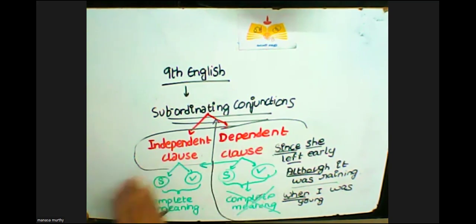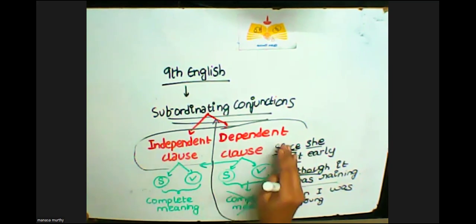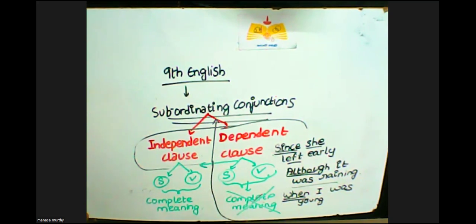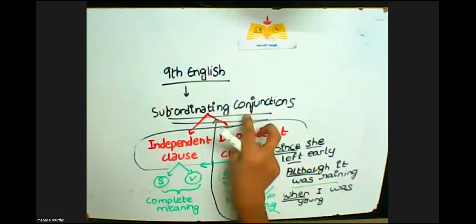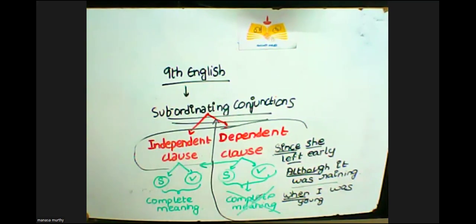The sentence that gives me complete meaning, having a subject and predicate, minimum of one subject and predicate, and not dependent on another sentence, is an independent clause. I am joining this independent and dependent clause using a conjunction, and that conjunction is called a subordinating conjunction. Okay,